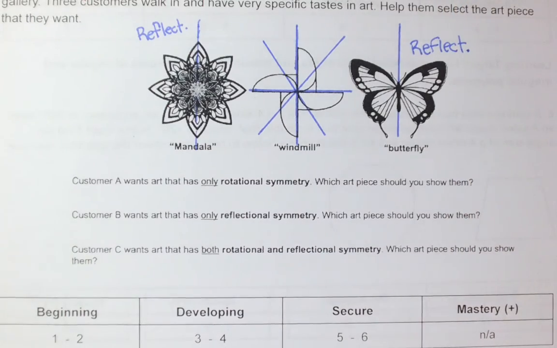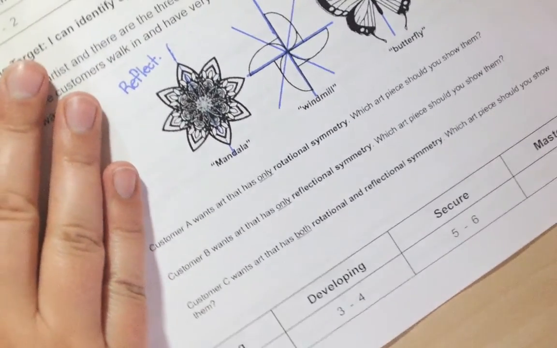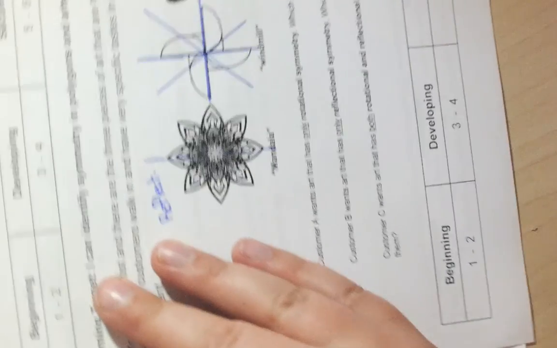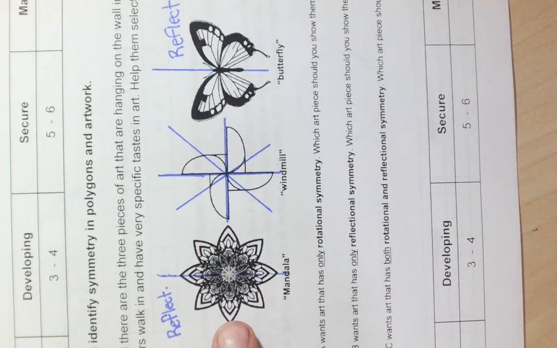I'm abbreviating there. The next type of symmetry we look for is rotational. And it sounds just like what we're saying. We're going to actually rotate these shapes to see if I turn them, would they look the same as if I hadn't even turned them at all? So when I take my paper and I actually turn it here, I notice that the mandala and the windmill end up looking the same, meaning for that fact alone, they have